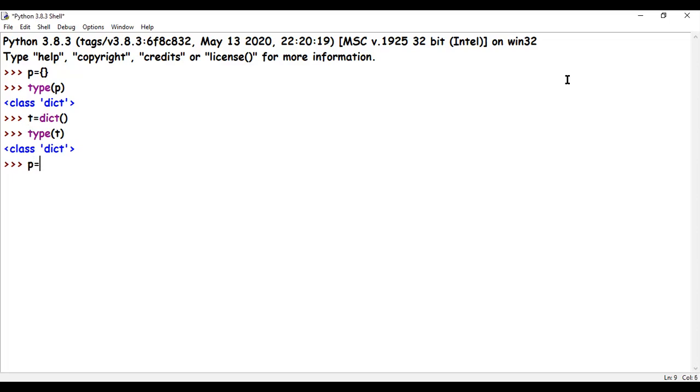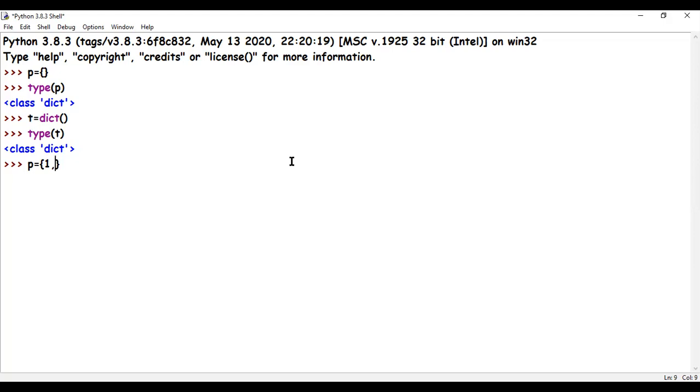So I can say P equals to curly braces. Inside it, I have to write two things, key and value. So let's say my key is 1, because integer is immutable.